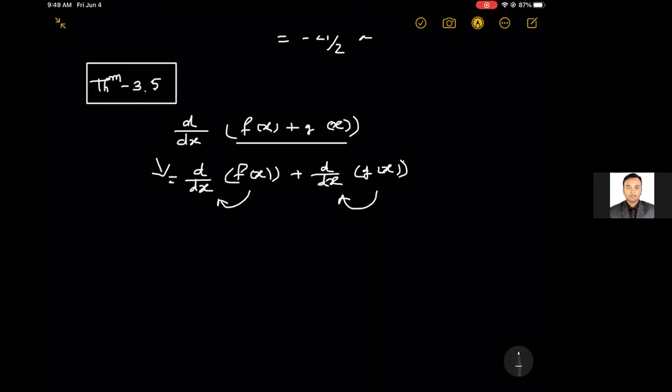Let me show you one example. It will be really fun. I think you have seen something similar for the limit as well, right? When you had the sum of the limit and the limit of the sums. It was the same, so it's the same here as well. Obviously, as long as both f and g are differentiable at that